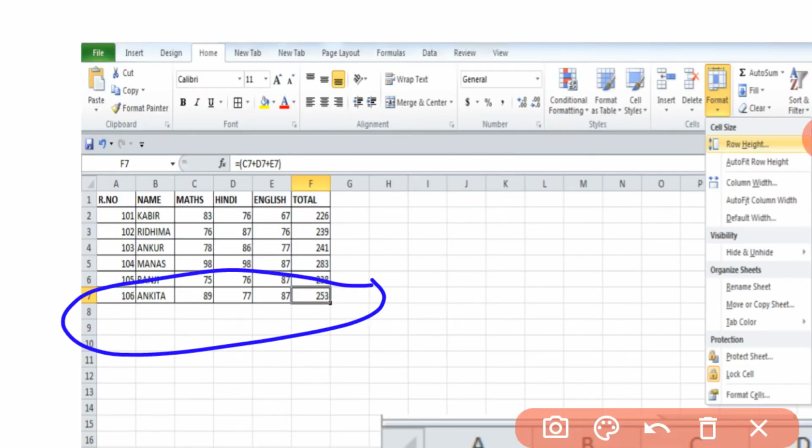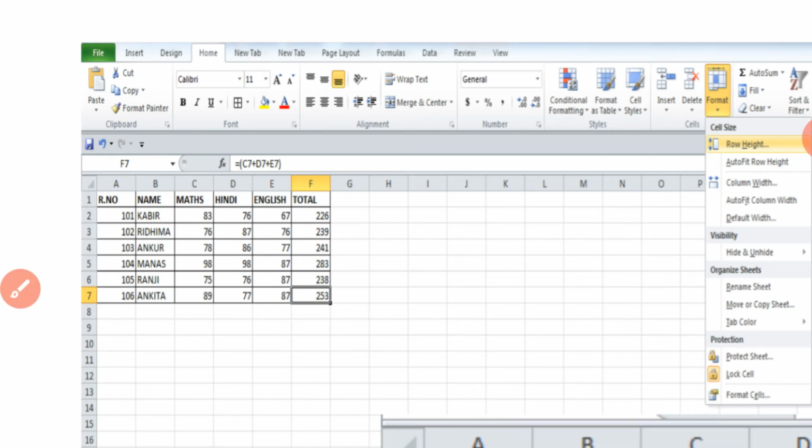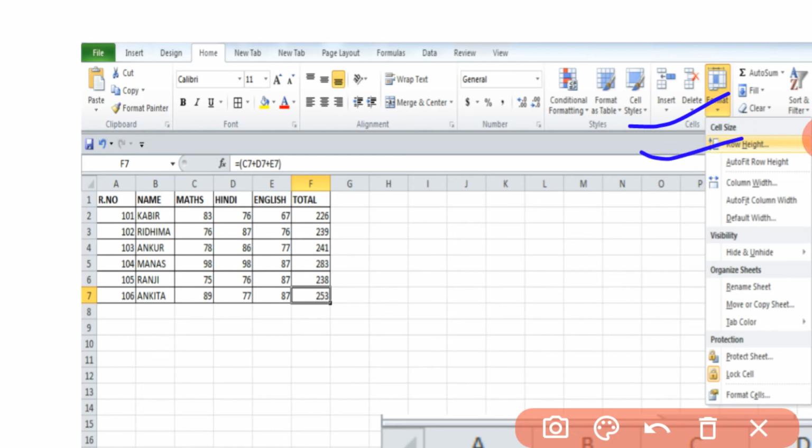So first we need to select the row whose basic height we want to change. After that, you need to go to the Home tab, and again here we have the Format option. When we click on this Format option, we just need to click on Row Height, right?